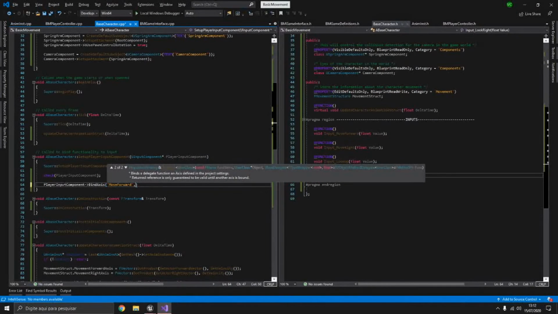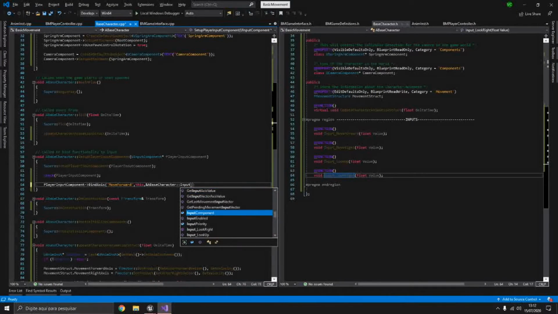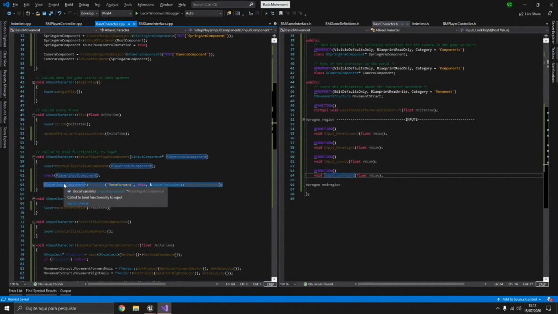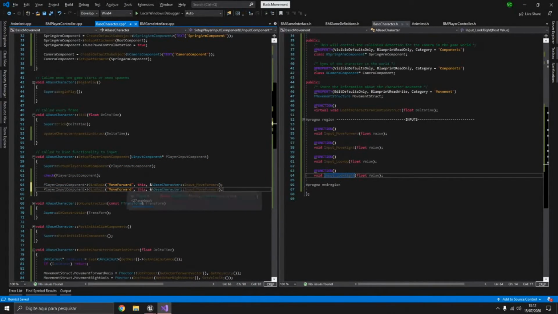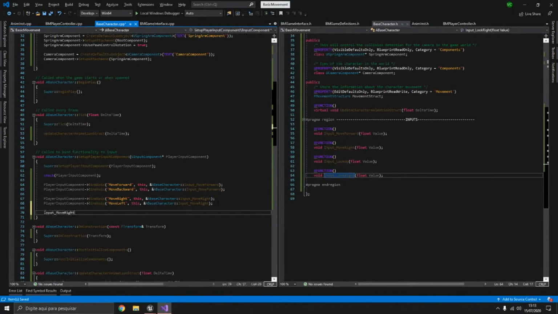It's going to be this, and a base character input move forward. Move backwards will be the same thing, only we'll change the input here. We can copy and paste this. Move right, paste, we're going to move right and move left. Add here too